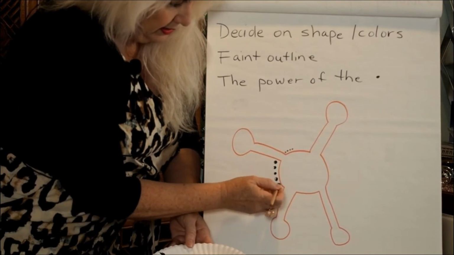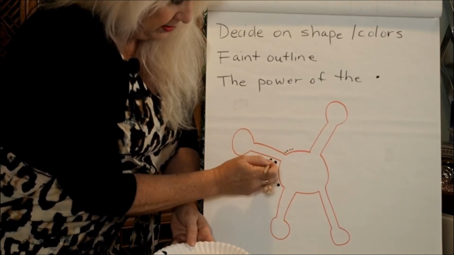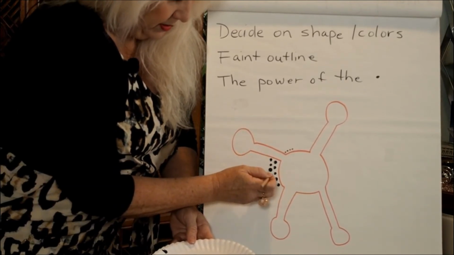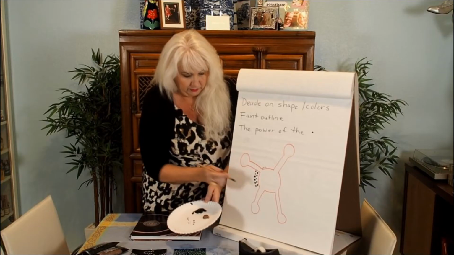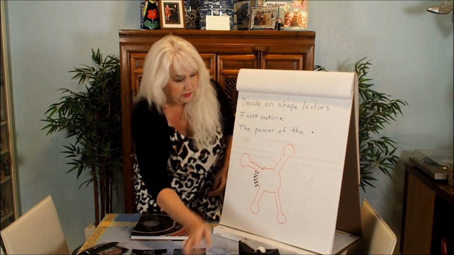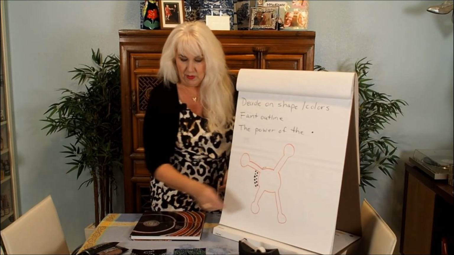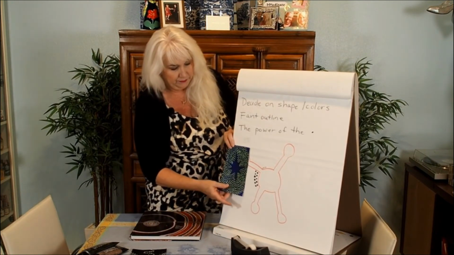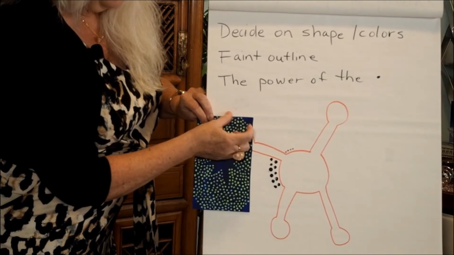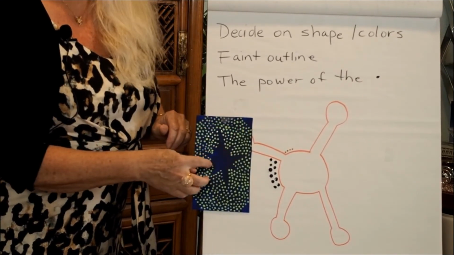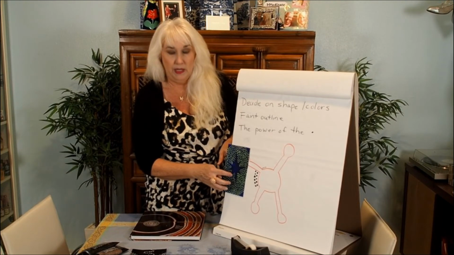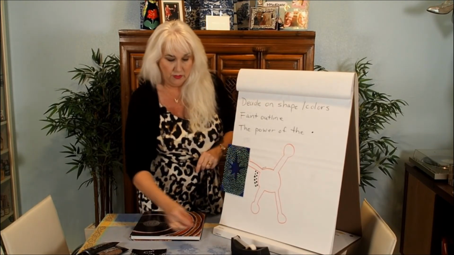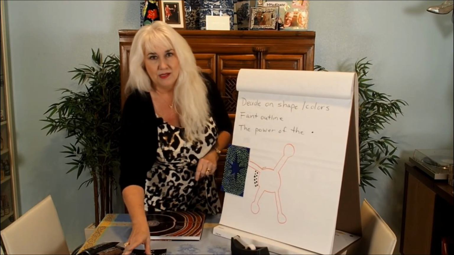And the thing of it is, as you repeat the dots and move outwards, that's where your shape starts to be readable. And what's also interesting is the interior space, which you leave alone, and it will just show your background color. So to give you a few examples that I made for this lesson, this one I used a blue background, and I had a very faint outline of a star, and then I used light green paint to make the dots moving away from the star, and I kept the corners free so that the blue showed through. So I was thinking of the colors of the night sky.